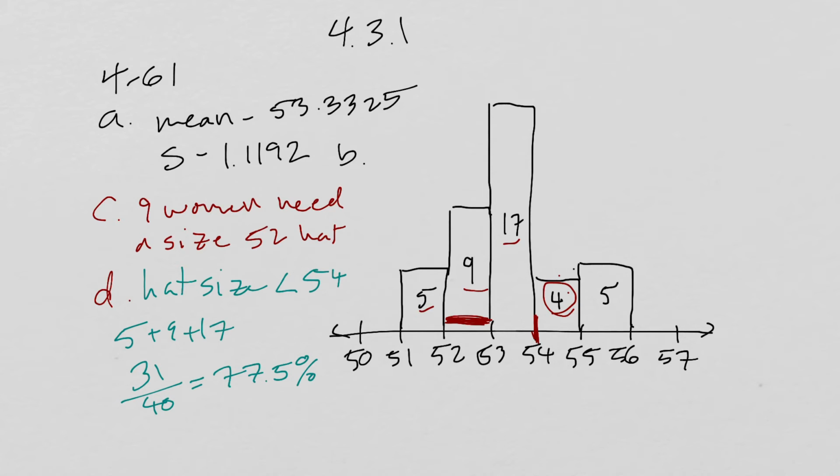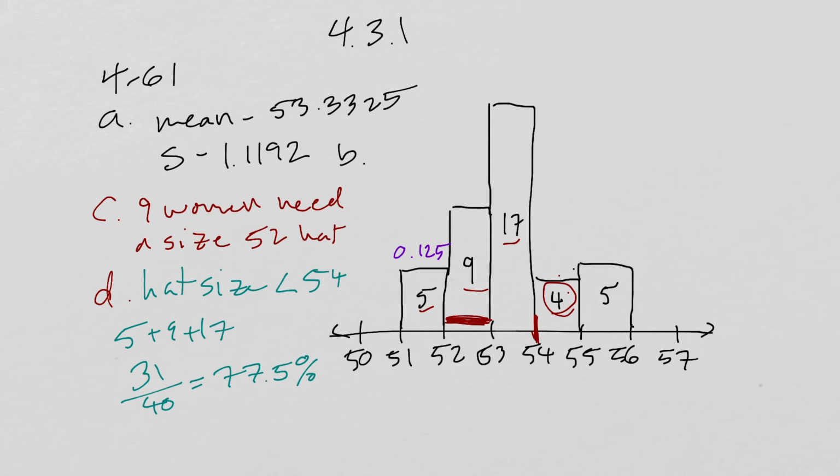So that's our histogram. That's how we use our data from this histogram. Then number 62 is where we start changing this histogram to be a relative frequency histogram. Like what we did in part D here, I'm going to take this information and divide each of these bars. So like this 5, I'm going to do 5 divided by 40. 5 divided by 40 is